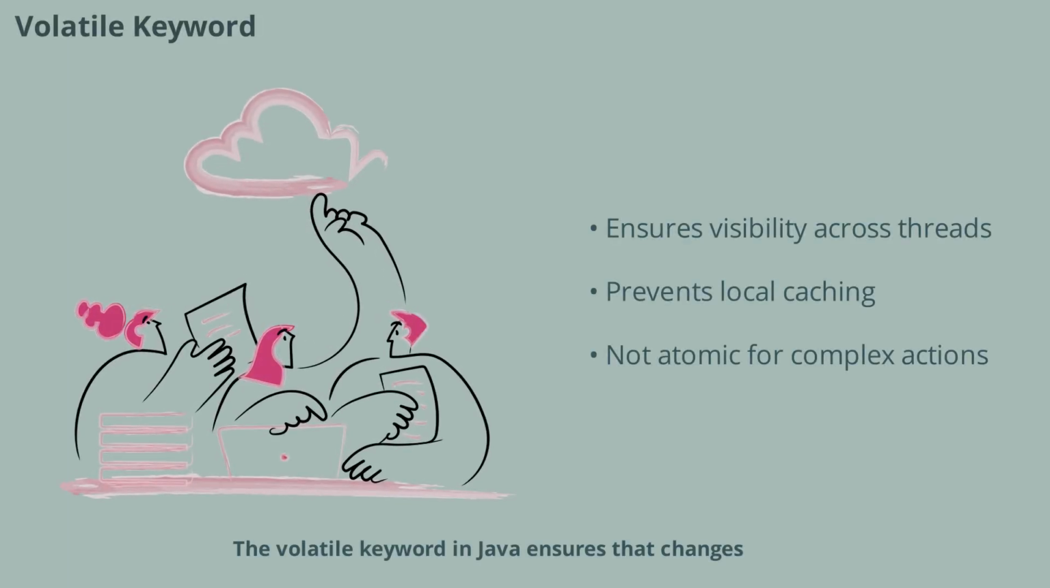The volatile keyword in Java ensures that changes to a variable are immediately visible to all threads. It prevents threads from caching variables locally, guaranteeing that they always read the most up-to-date value. Volatile is useful for simple flags and state variables, but it doesn't provide atomicity for compound actions like incrementing a